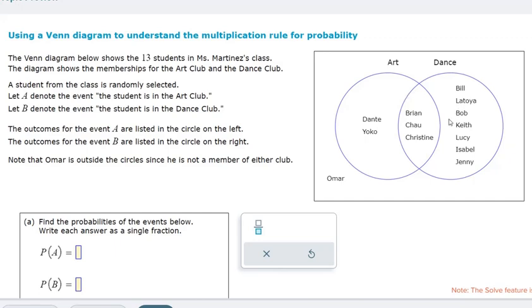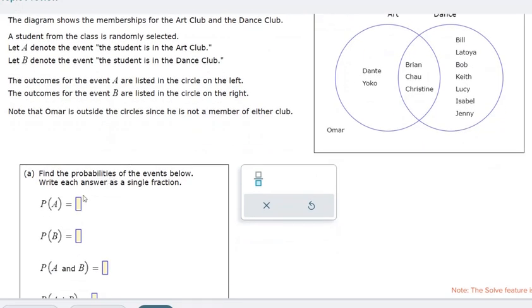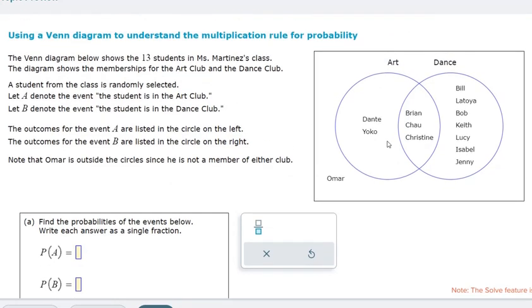Okay, so we got a Venn diagram, and we're asked to make some probabilities about it, where A is the left circle, B is the right circle. So the probability of A means the probability that you'd randomly select a person in art club in the left circle. So you can always calculate a probability by taking the number of outcomes you're interested in. So there's 1, 2, 3, 4, 5 people that fit in this circle A, and divide it by the